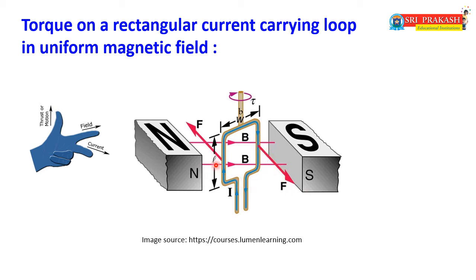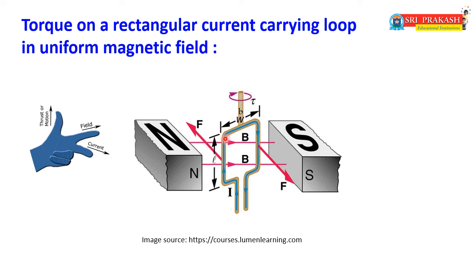So the forces on these two elements are both equal in value. The force on a current carrying element is B I l sin theta. According to those values, everything is the same for this length element and this length element. So the force magnitude is the same but in opposite direction. Two forces are acting on the same loop in opposite directions at two different points, so definitely there will be a torque. Due to the torque it will get the twist, so with respect to that it will rotate as shown in the diagram.